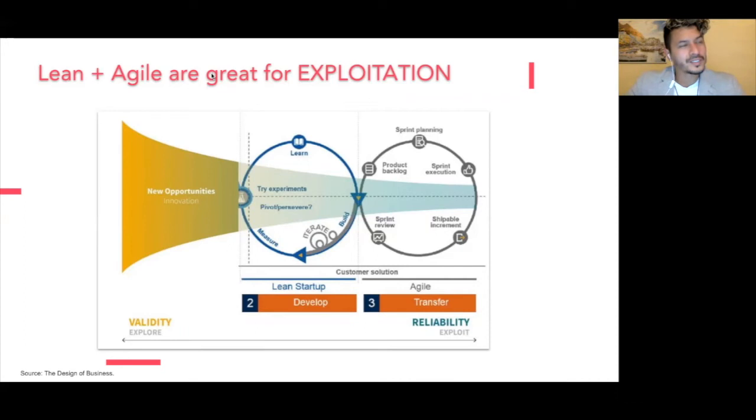So this is called the innovation dilemma. Where should you spend your time and your talent inside a company? It's not easy to decide. Should I focus just on new opportunities, or just on making sure that whatever I'm doing, I'm the best in the world at doing it? The answer is you need to do both if you want to survive.